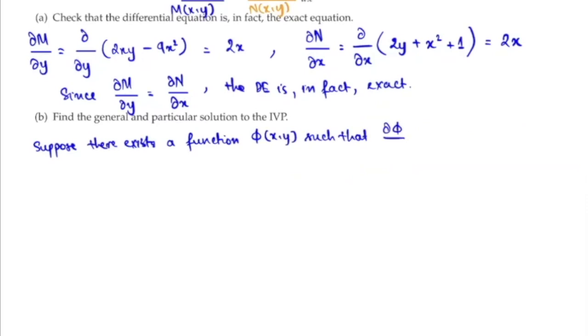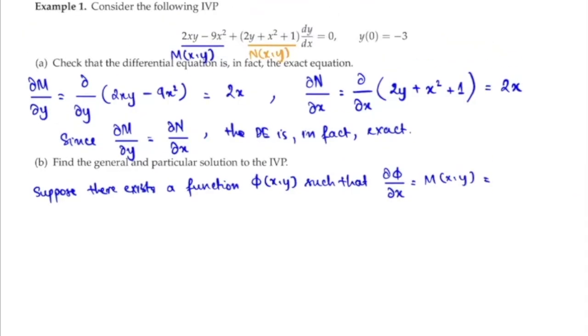partial phi partial x is equal to capital M of x comma y, which is equal to 2xy minus 9x squared, and partial phi partial y is equal to capital N of x comma y. This is equal to 2y plus x squared plus 1. Now, suppose there exist such functions. Then,